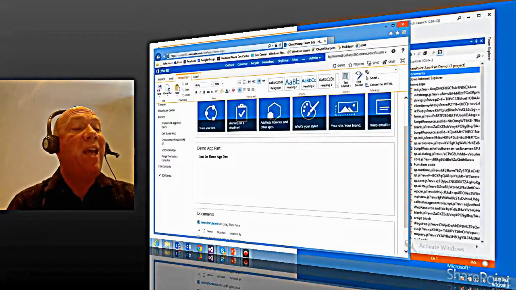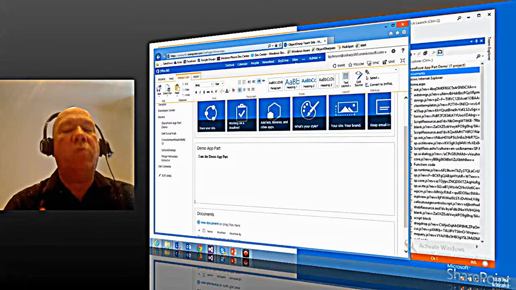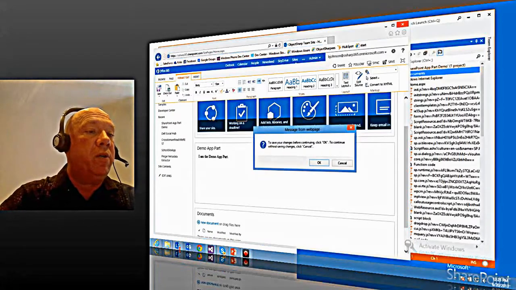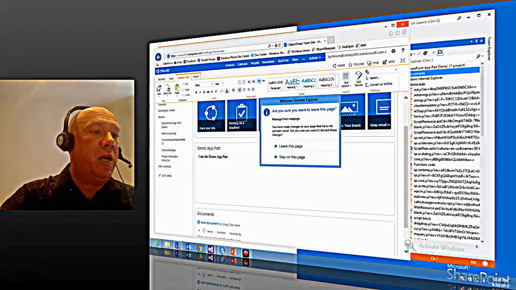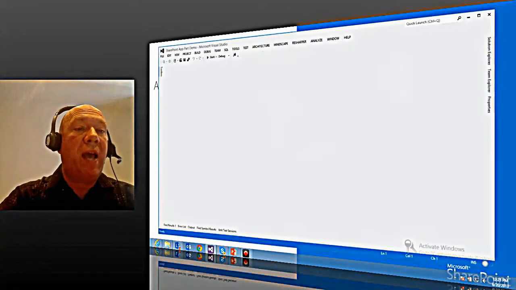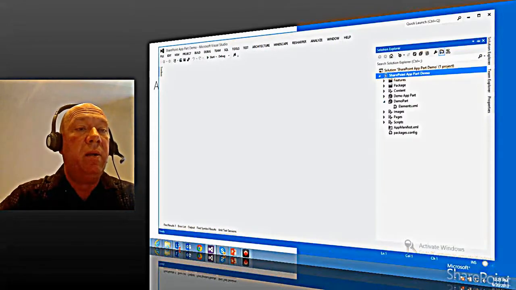And I can make that area look exactly what I want it to look like using standard HTML tools. Now, in terms of the way it looks from a coding perspective, I don't need to actually change that, and I can leave the page, and that's all fine. So if I take a look at the code behind this,